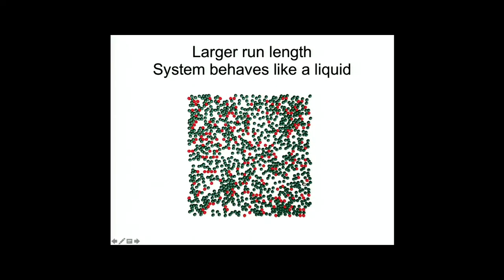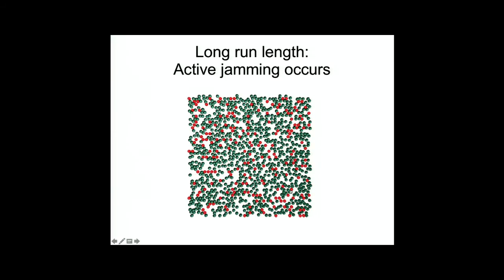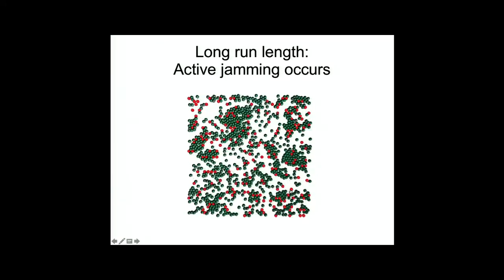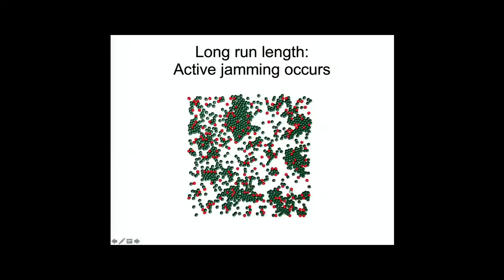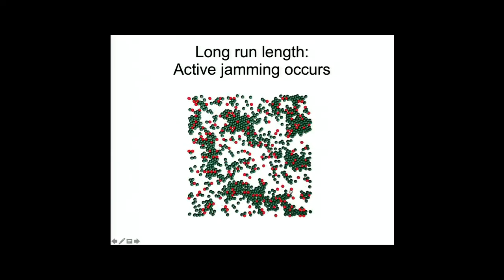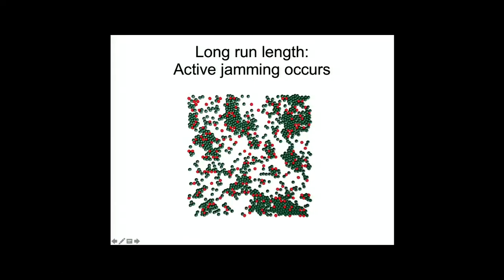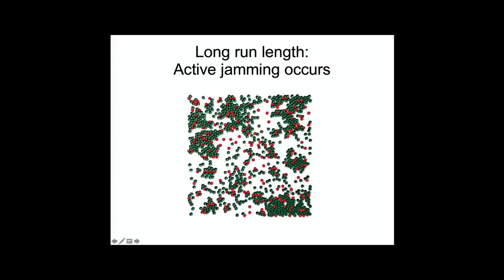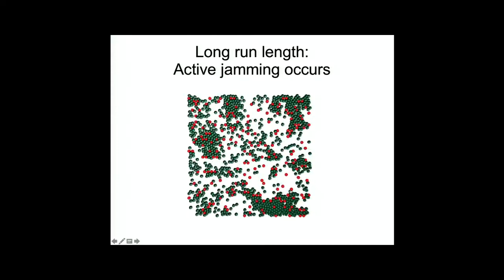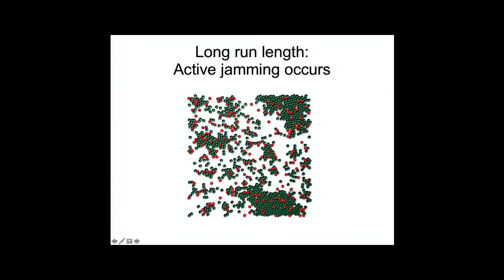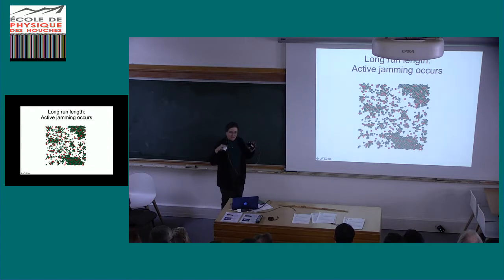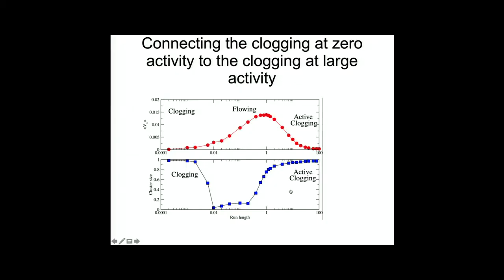But you can have too much of a good thing. If we let them run with a longer correlation time, then every one of these obstacles can serve as a nucleation point for one of these clusters. And so the particles spend so much time clustering that they forget that we're really wanting them to drift through the system, and so their mobility is going down. It's very likely that nature is aware of this phenomenon and is taking advantage of it. If it has bacteria that want to go through your soil or through you, they probably are able to change their motility in order to do that efficiently.